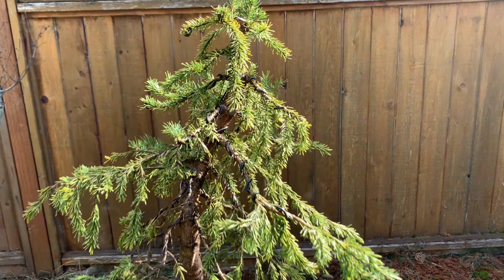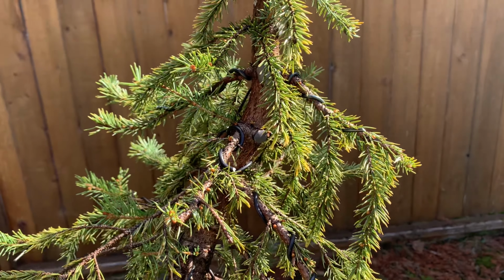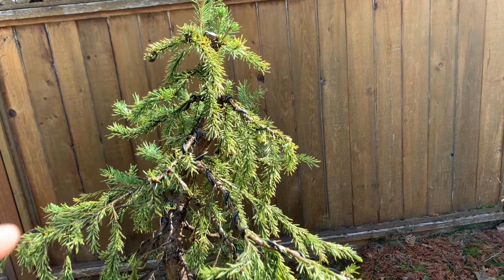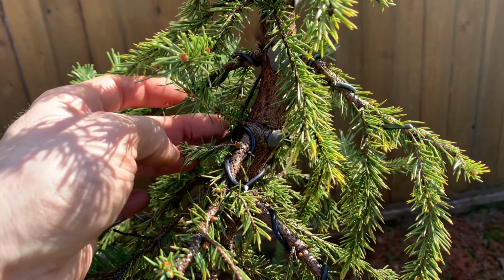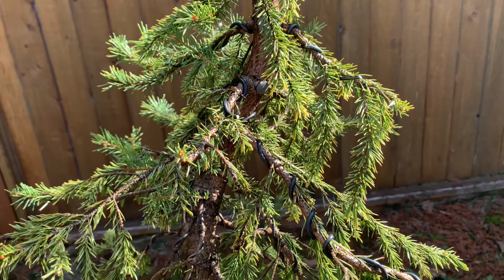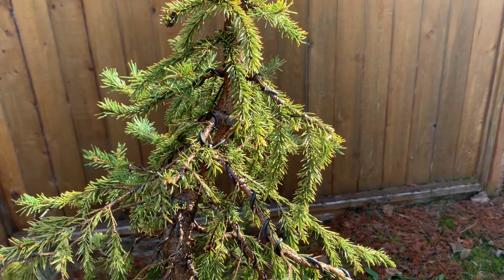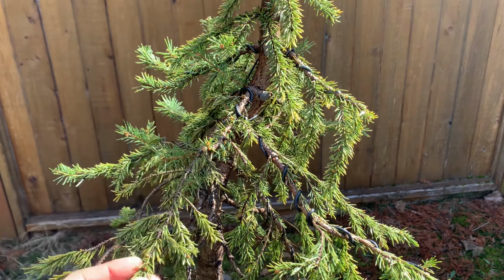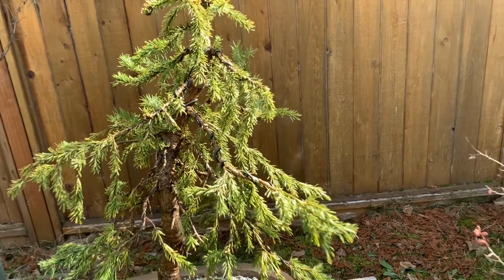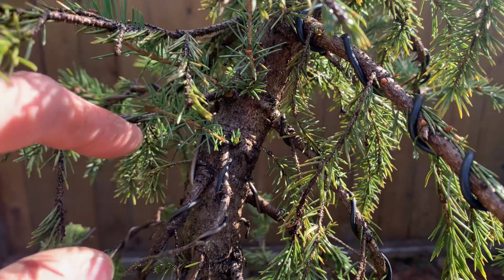Too many big branches, like this branch, this branch, this branch, this branch, all are gonna have to come off. But I just wanted to let this one grow out before I take that one off. If it was already repotted, then I wish I would have snipped it and forced the growth. But I've got other little new shoots coming off the main trunk, and so